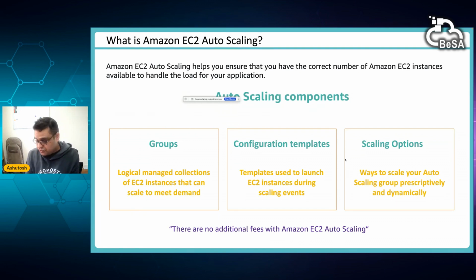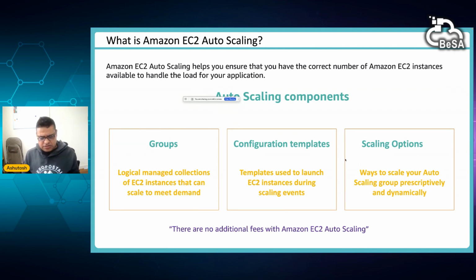And this service is free of cost, so you don't pay anything for it. You only pay for the AWS services which you are consuming. Suppose after a scaling event you are adding 5 new EC2 instances for 2 more hours, right? Then you just pay for those instances and the EBS volume you use, right?